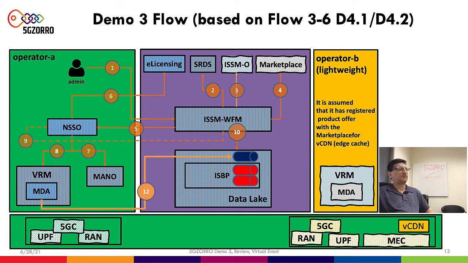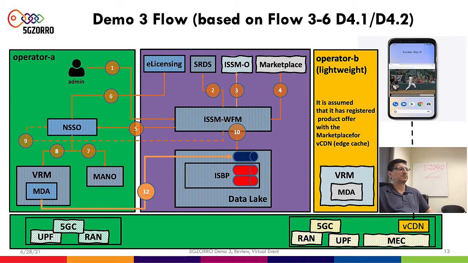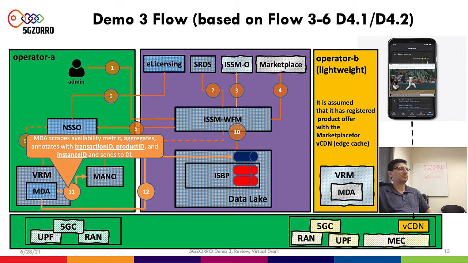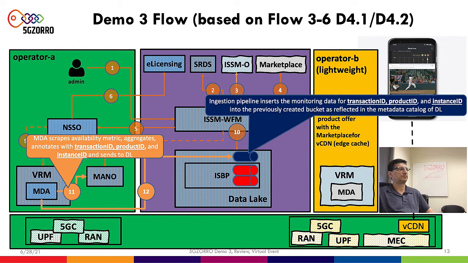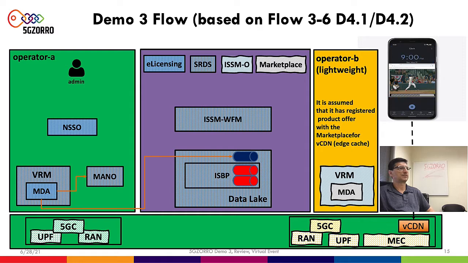Now the VCDN starts operating and the users come to operator B vicinity and start consuming the content. MDA scrapes the metrics in step 12 and pushes them into the data lake, where the ingestion pipeline lands them into the data lake buckets. So this way it goes on for some time,